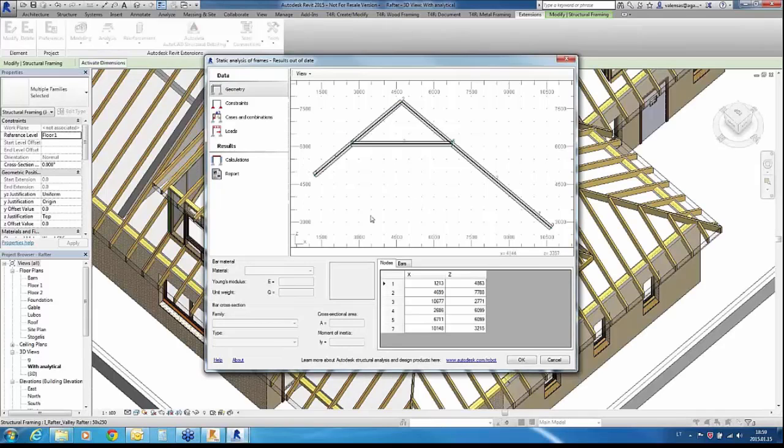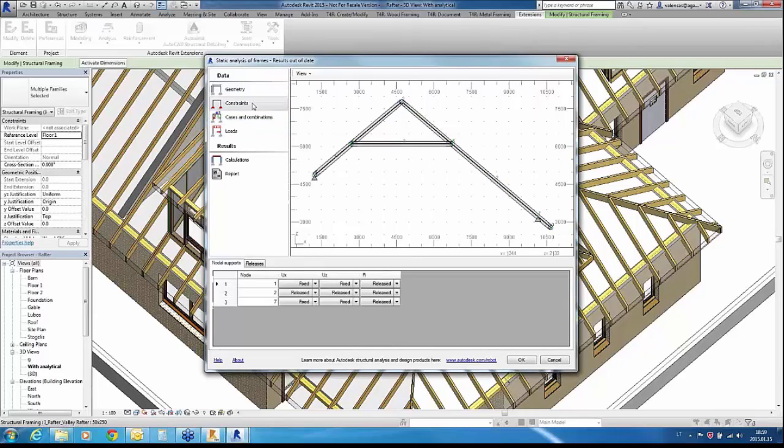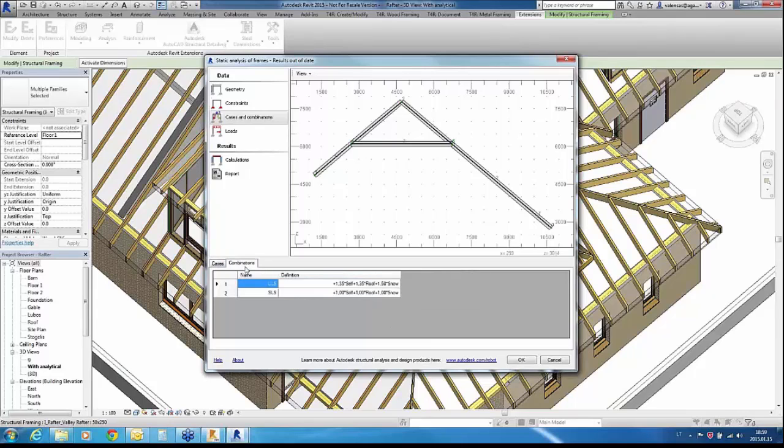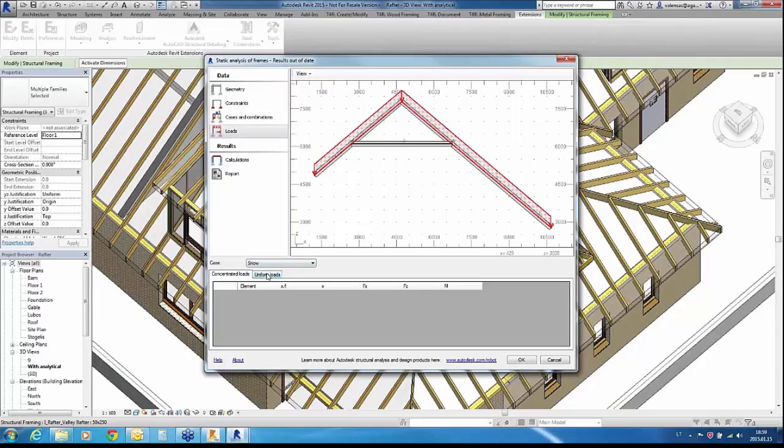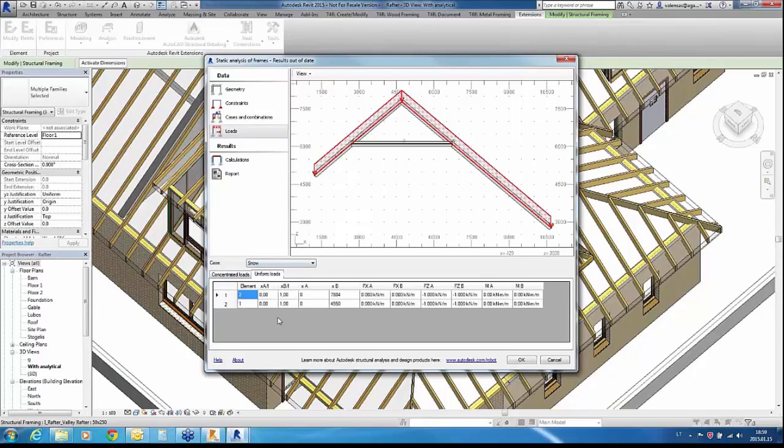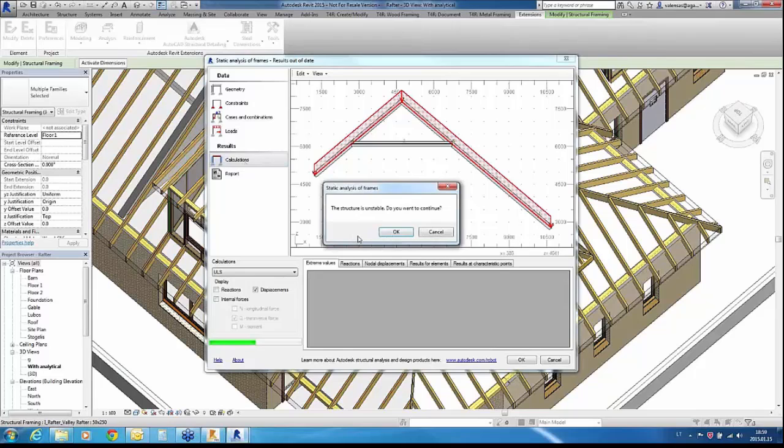it took some time, but okay, it has all these elements. The geometry is presented here. Then we have some constraints, supports here, our loads and combinations, and for the snow I have entered uniform load here, 1 kilonewton per meter. Okay, and you can do calculation